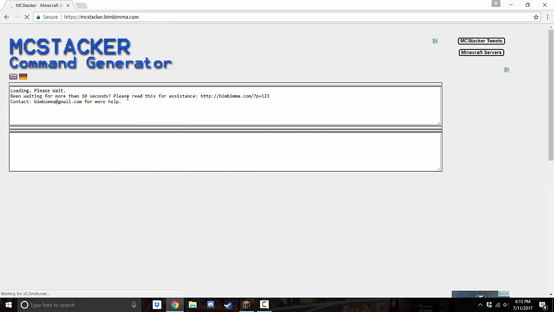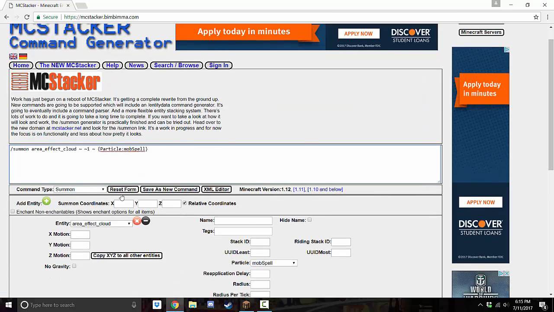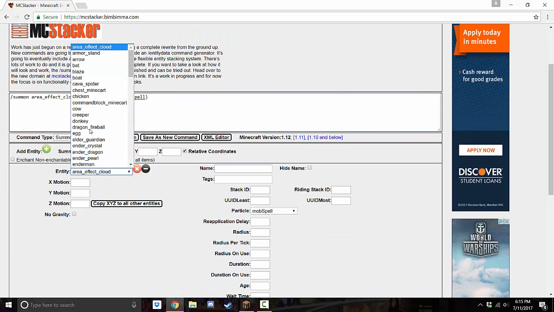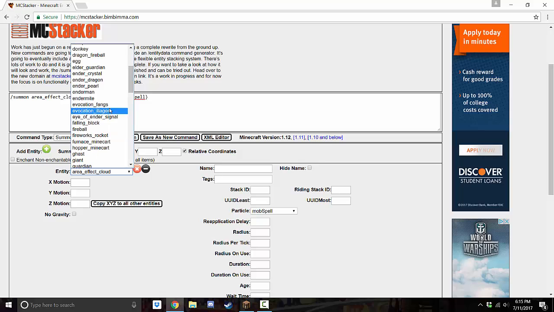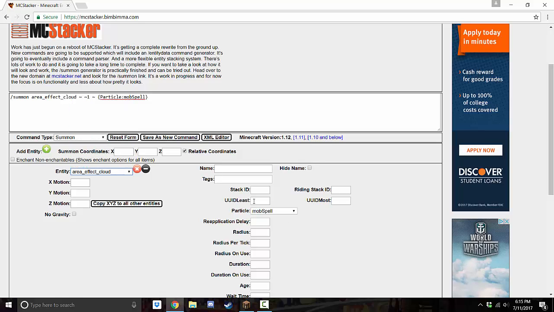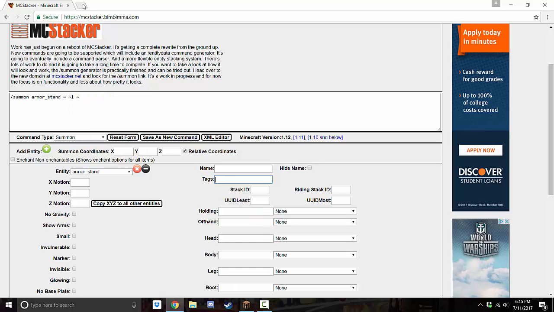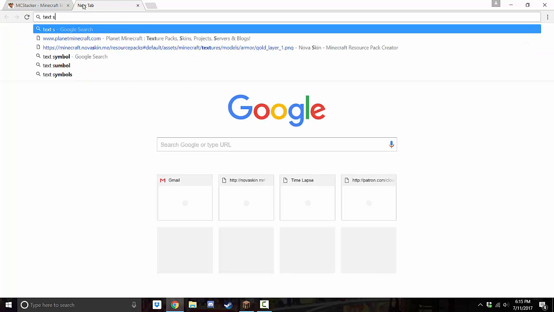It's a really good website for generating entities because it can be a little annoying to generate entities. Anyway, so we're going to need a couple entities. The main one we're going to need is armor stands. We're going to need an armor stand, and then we're going to want to go here and search like text